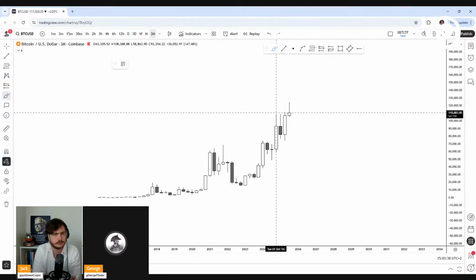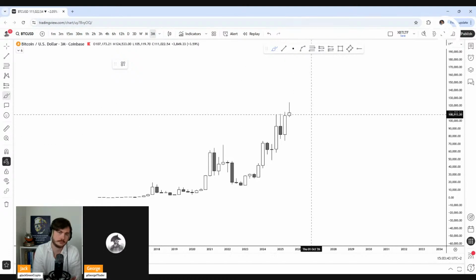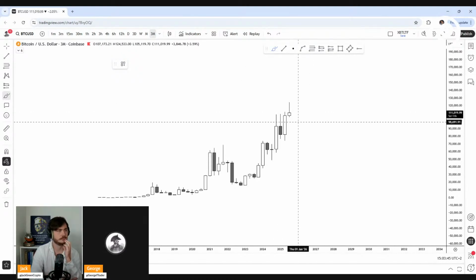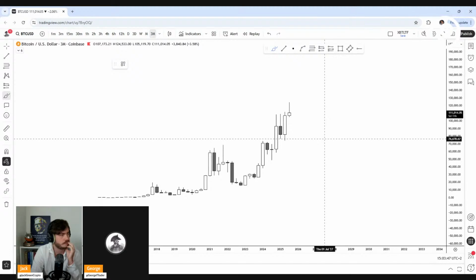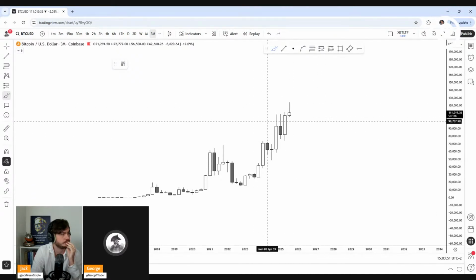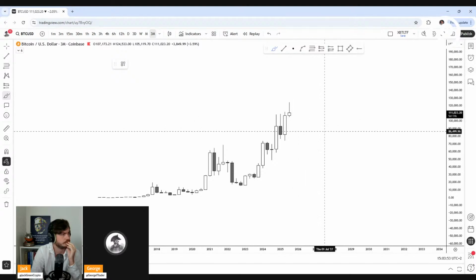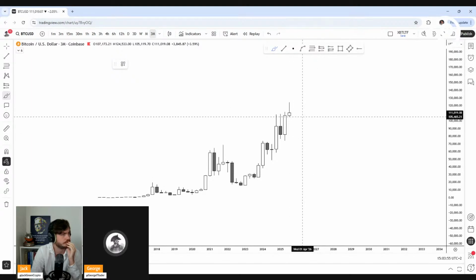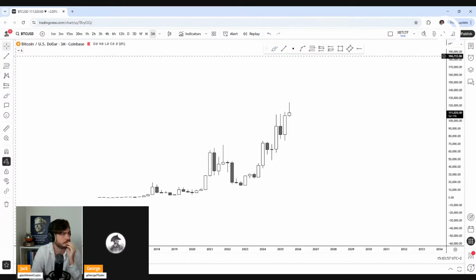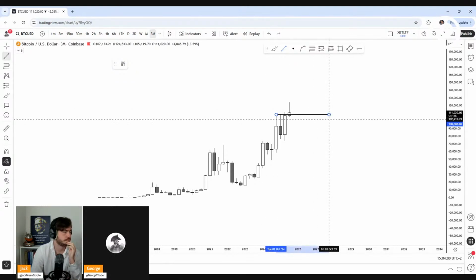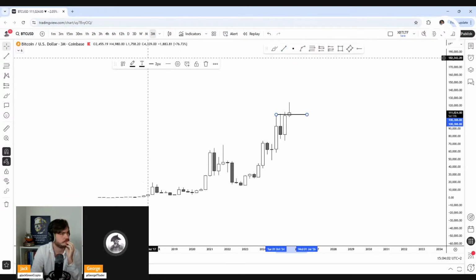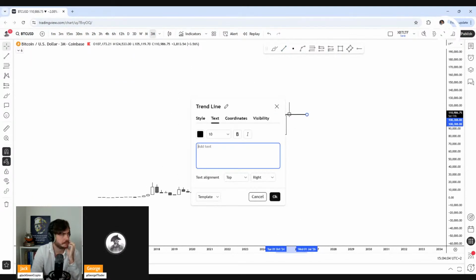Why? Because we have swept all of the previous quarterly highs, and it looks like we're going to get an ugly close. Now, as I said, we still have 5 days to go, but in my opinion, the first bearish signal on the high time frame would be a quarterly and, of course, at the same time, a monthly close below all of these highs. So I'll mark out this level as I think it's a really important one.